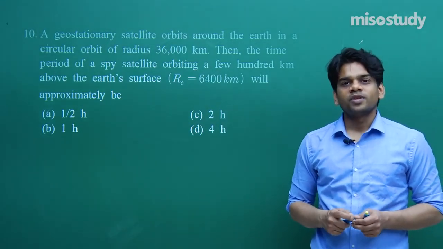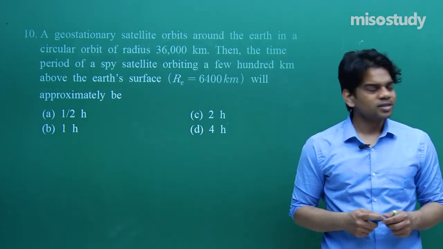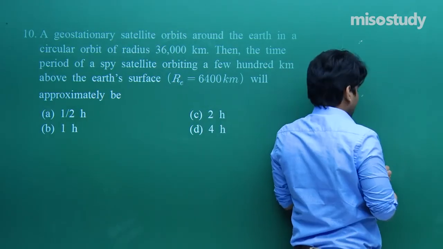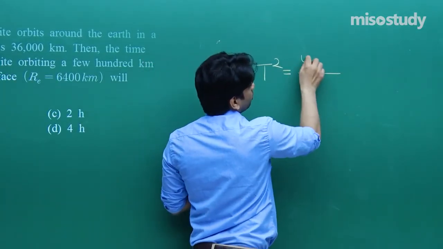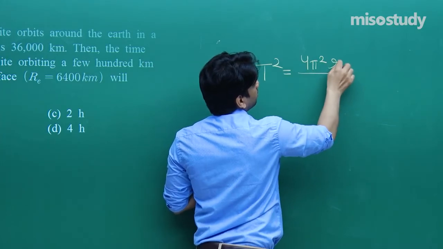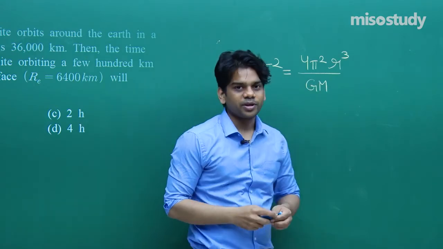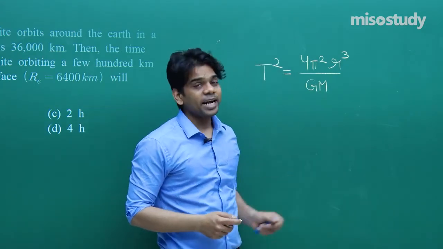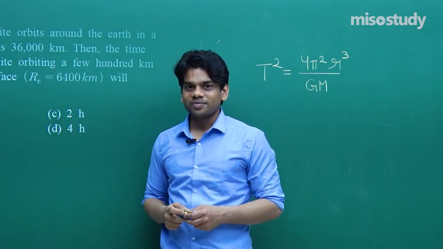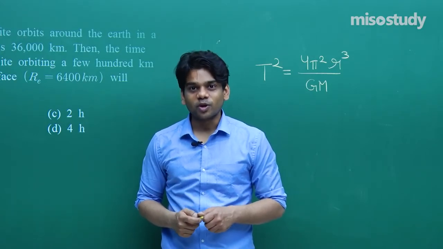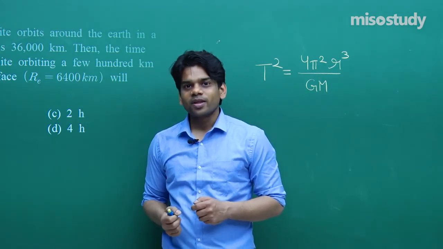I hope that you must be knowing from Kepler's law, square of the time period is proportional to cube of the distance of the satellite from the planet. For planetary motion, I have also given in regular class, I am using Kepler's law directly, the formula comes out to be T square equals 4 pi square r cube upon GM. This is the formula for square of the time period. For a geostationary satellite, if we keep r as 36,000 km plus 6400 km, you will obtain time period as 24 hours, because that is the time period of a geostationary satellite. Regularly you will find that it will be above your head.